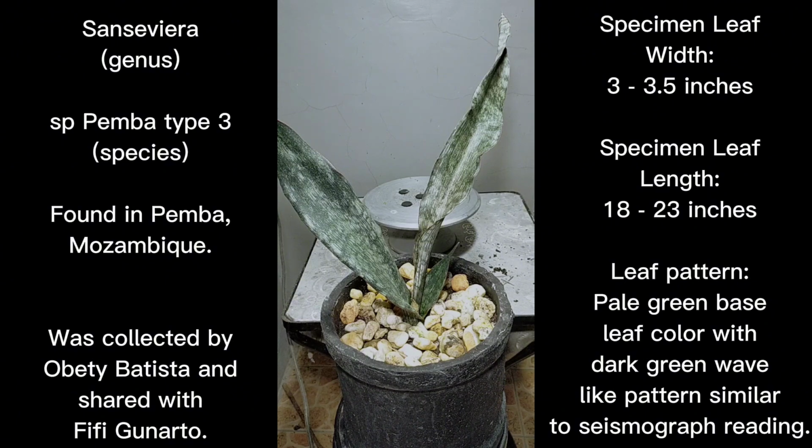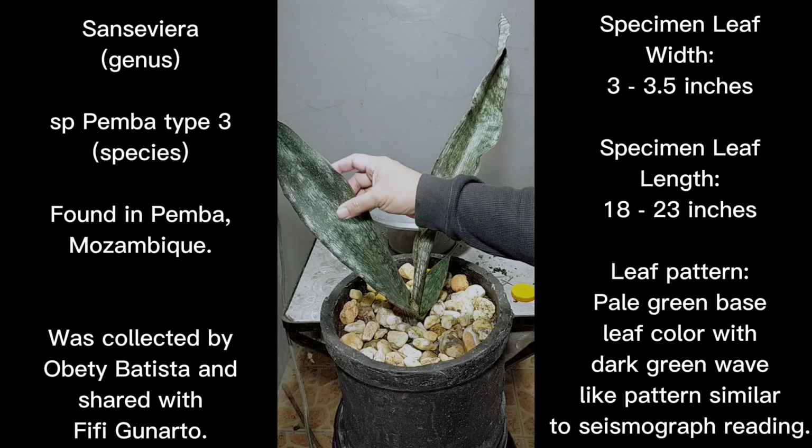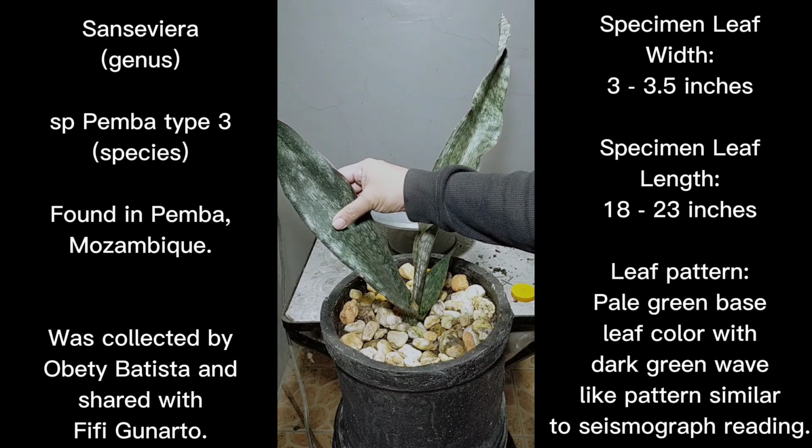I haven't seen them grow 4 feet, but in the future I might update you folks if I'm able to grow Pembas more than 4 feet. So that's it for the data regarding the leaf measurements for this specimen alone. So next one would be checking the